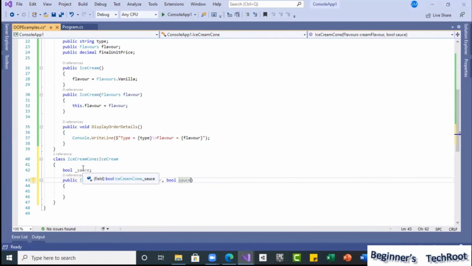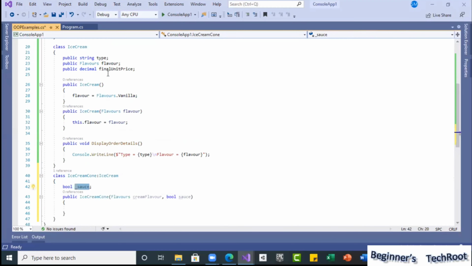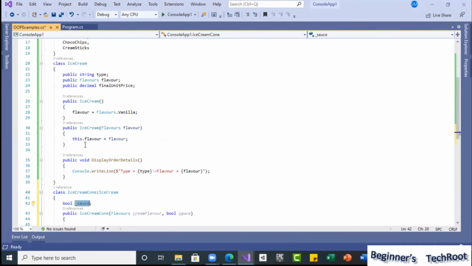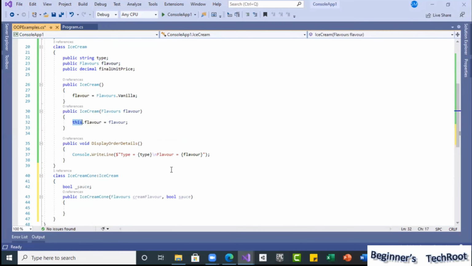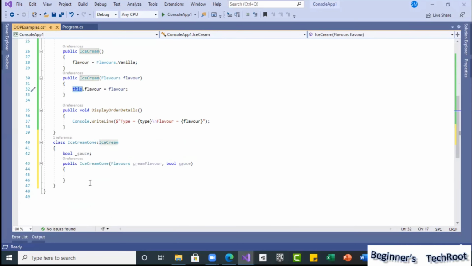Here also, in the same way how we have done, here this flavor, and using this we can use it, but just to understand the various ways, I did here the variable name underscore sauce. That is a private variable.